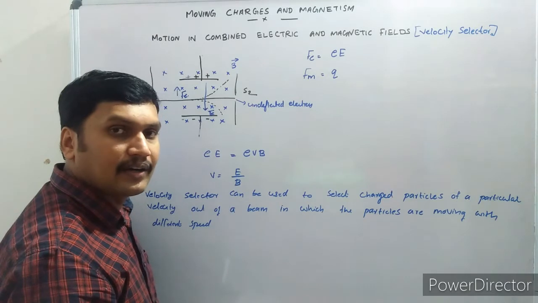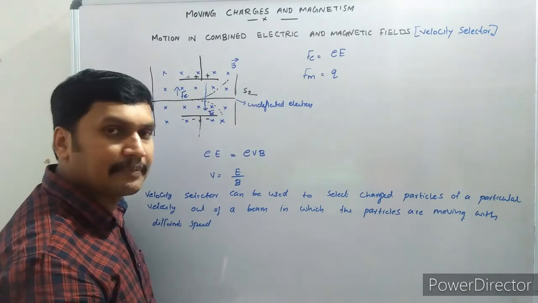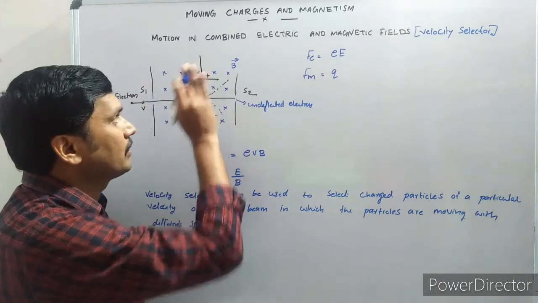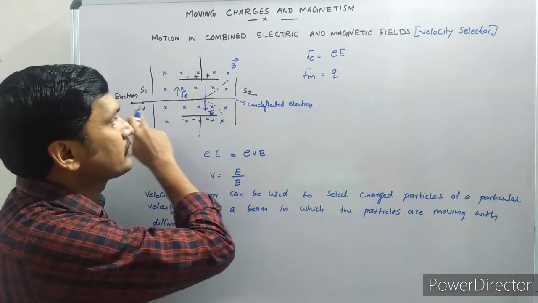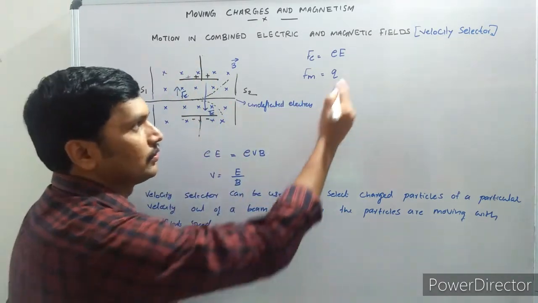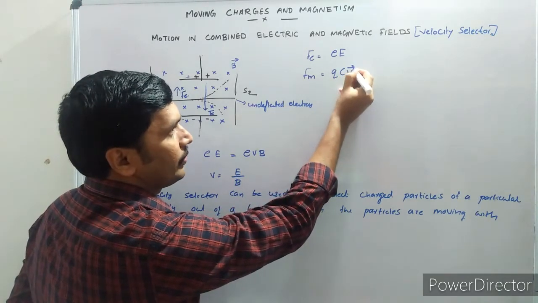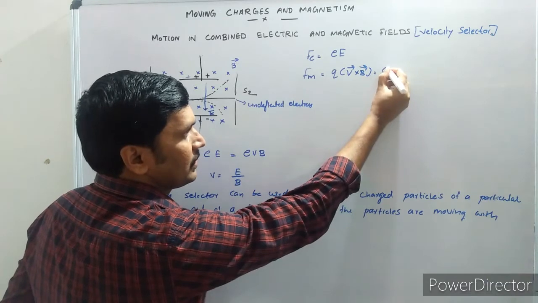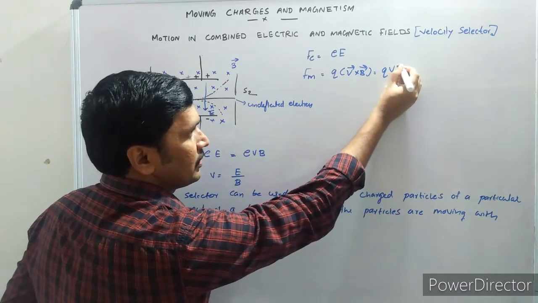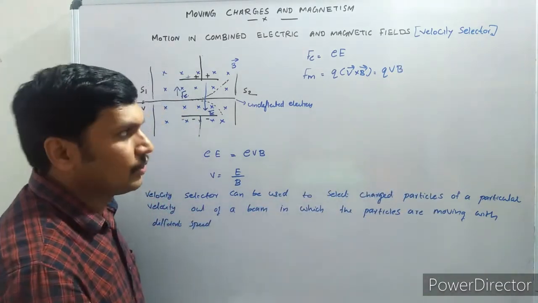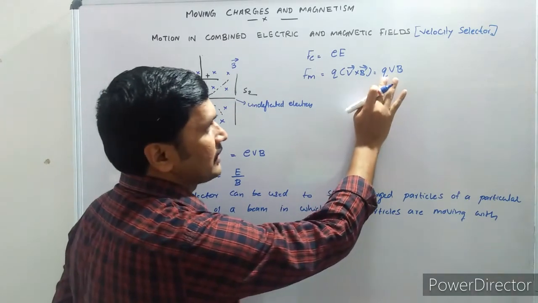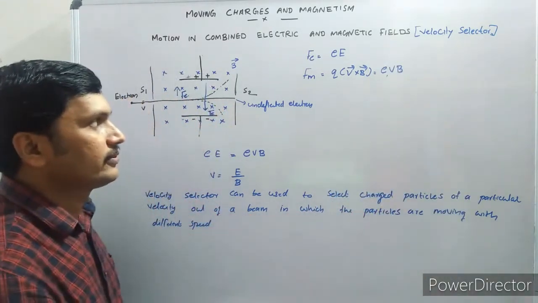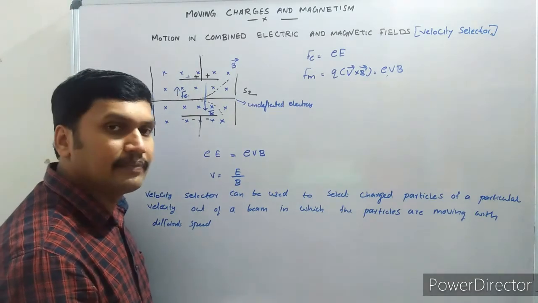Here, theta, the angle between velocity and magnetic field, is 90 degrees, because the magnetic field is perpendicular to the plane of the board and the charge is moving along this plane. So Q V cross B is QVB sine theta, with theta equal to 90 degrees. So the force is equal to QVB. Writing the magnitude of the charge of the electron as e, the magnetic force is equal to eVB.